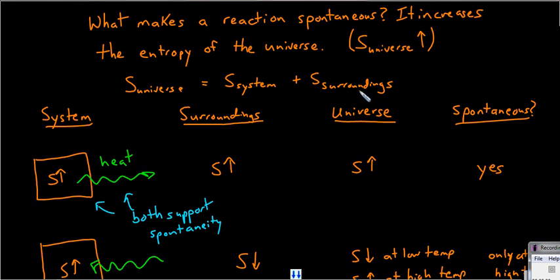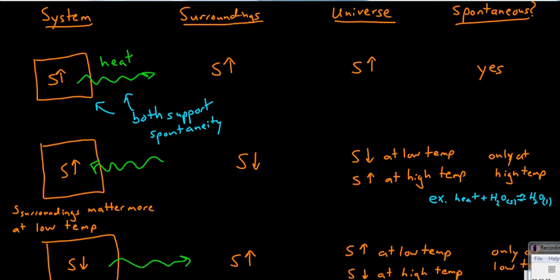its surroundings. And so consider 4 different scenarios where in the first case, our system, our reactants and products, the chemicals that are reacting themselves, they increase in entropy during the reaction. And additionally, as the reaction occurs, it releases heat. It's exothermic. Now, if it releases heat, it will also increase the entropy of the surroundings as well, because it's heating up the surroundings. They'll increase in temperature.